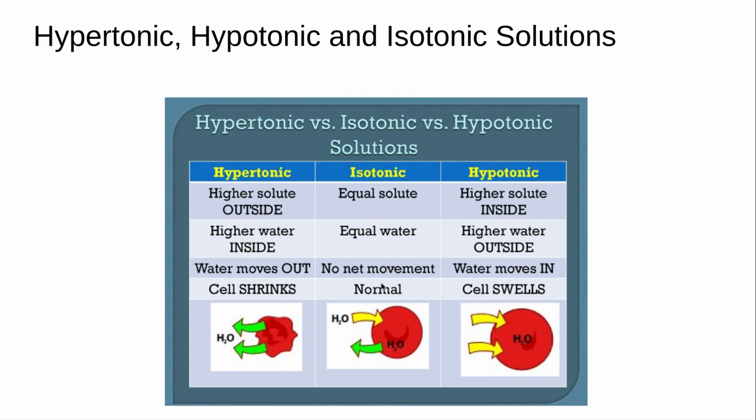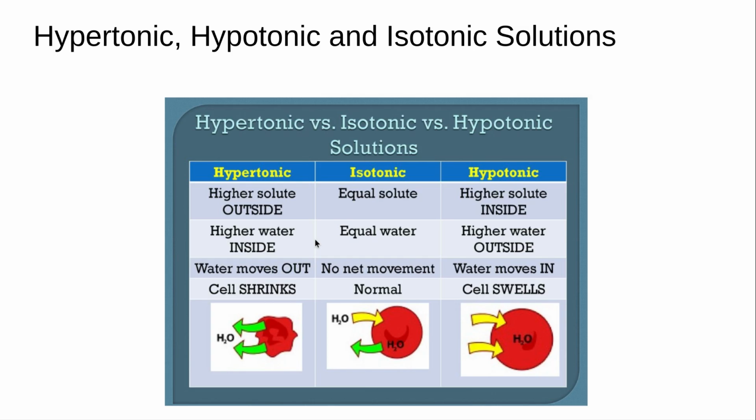When a cell is isotonic to the solution, it means there is no net movement. It is not that water is not moving, but water is moving from inside to the outside at the same rate as water is moving from the outside to the inside. So there is no net water movement. The cell remains stable. In hypertonic solutions, when I'm putting a cell in a hypertonic solution, it means that the solution has more salt content and therefore less free water compared to the cell, which means that water from inside the cell is going to keep flowing out